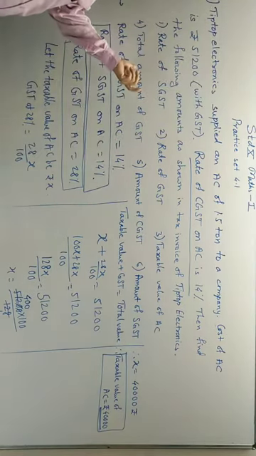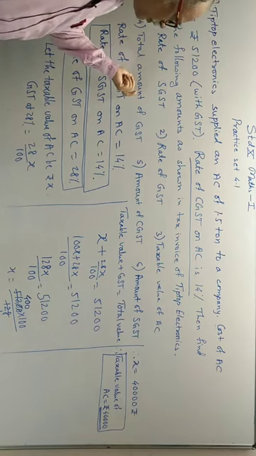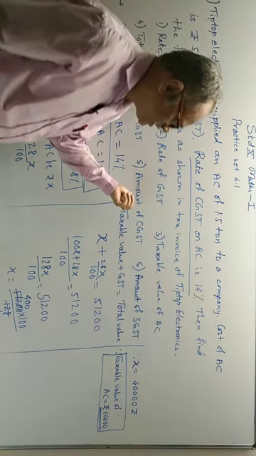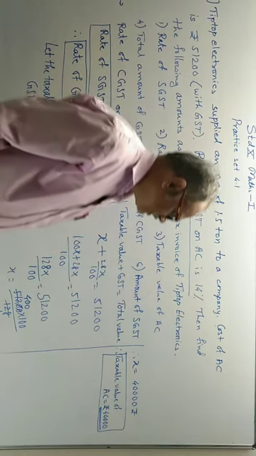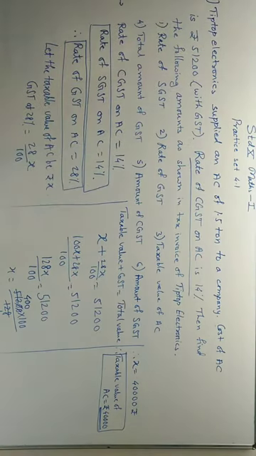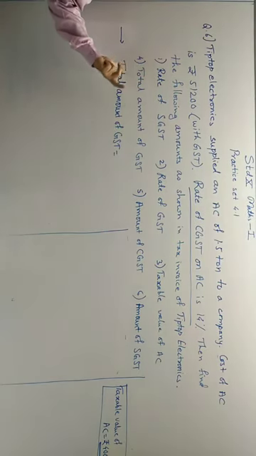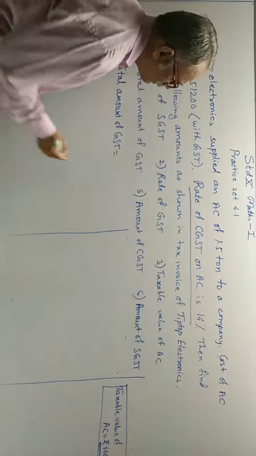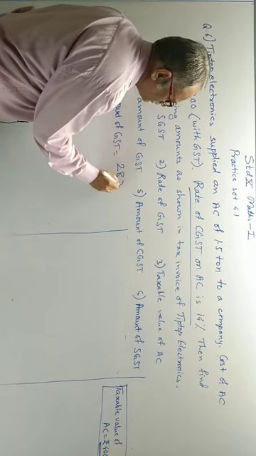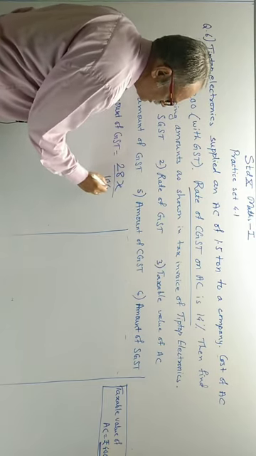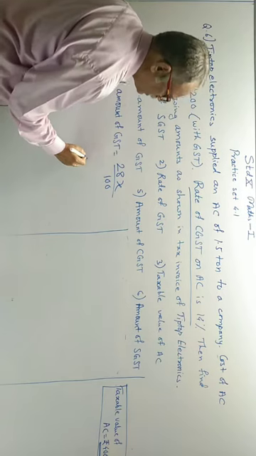Now we have to find GST. Total amount of GST, half of that will be CGST, half of that will be SGST. But before that, write this, complete it. I will solve remaining part here by rubbing out this part. Now we have to find the fourth, total amount of GST. Total amount of GST is 28% of X, 28X upon 100. And X is only taxable value, which is just now calculated.